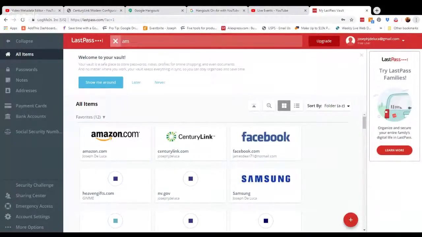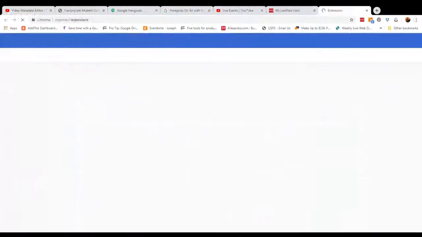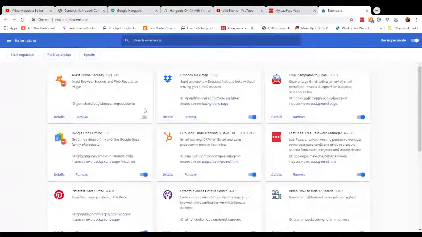right here it says more tools, then extensions. I'm going to make sure that it has been installed so that whenever it does pop up, not only up here, but the extension would also have to be in there. I believe it should ask for that. So if it does and you tell it yes, now you know it's working correctly. Rather than your computer saving all your passwords, this will save it. Comes in handy, reason being,